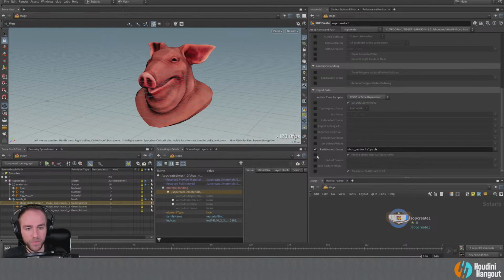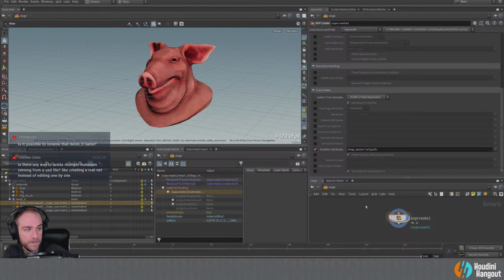All right, so let's clean this up. One thing to notice here is that there's this parameter below. It says prefix subsets with attribute name. So this is actually, yeah. Yes, it is possible to rename that. Yes, for sure. I'll show you that in a second. We're actually going to set not only the name but the hierarchies of them as well. So yeah, you can set both of those. It's actually pretty straightforward. It's with the name attribute. But we'll get there in a second.